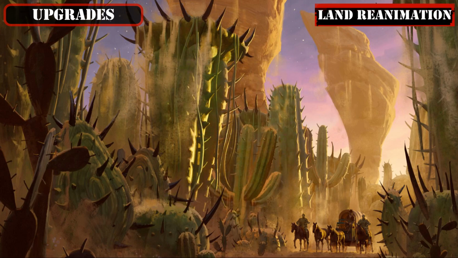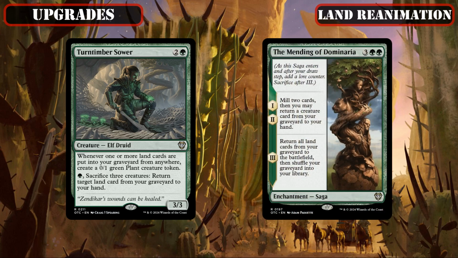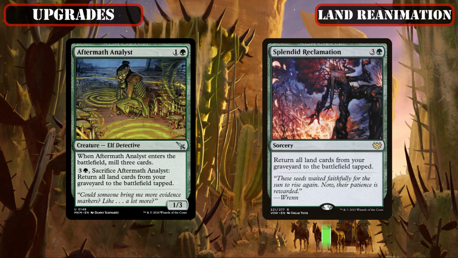Now, pivoting from land recursion and onto full-blown land reanimation to get even more lands back into play from our bin as we blow them up, we'll start off by replacing the underwhelming token creator turned timber sower and the much too slow and expensive land reanimating the Mending of Dominaria with the mass land reanimating Aftermath Analyst and Splendid Reclamation, both of which can instantly return all the lands we've been pitching and sacking throughout the course of the game right back into play to rebuild our land base with, which not only provides us with a massive amount